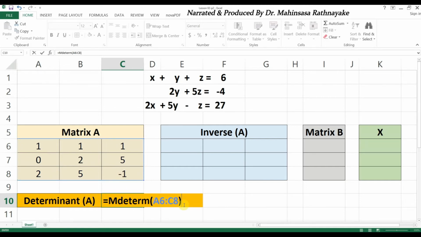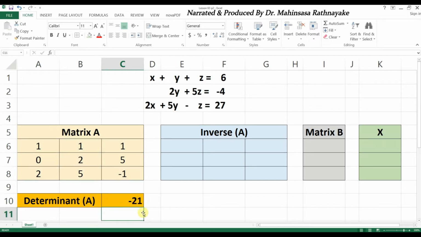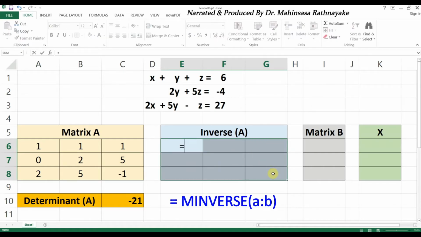After that, press enter. Now we see that the determinant is not 0. So we can find the inverse of matrix A.